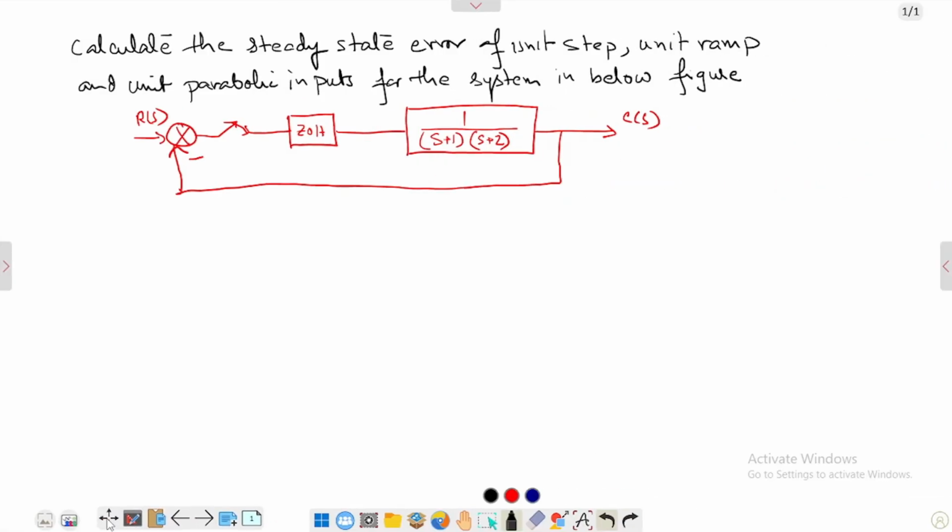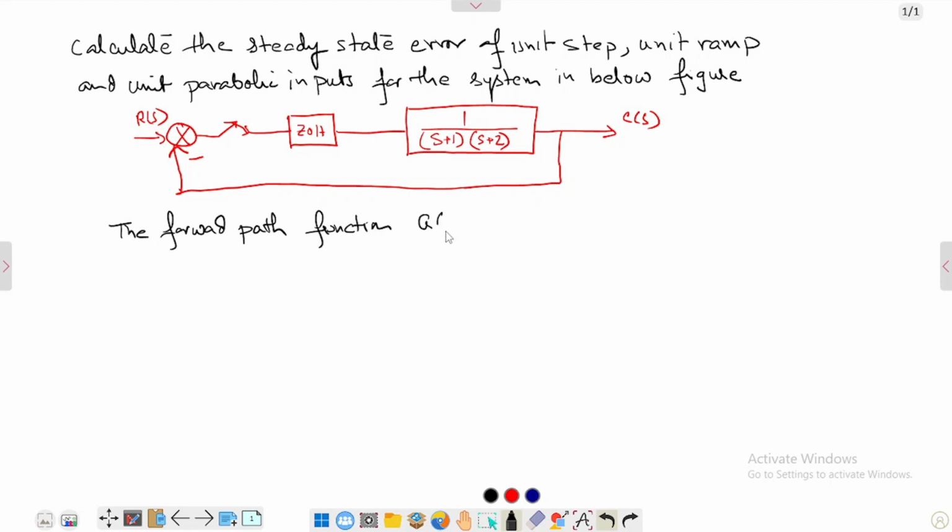Hi everyone. In today's class, we will find out the steady state error for a digital control system. We'll find out what the steady state error will be for a unit step, unit ramp, or unit parabolic input for the system given below. I've drawn the system already, and therefore the forward path function